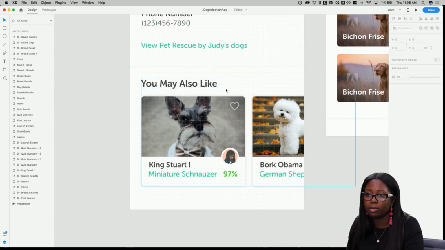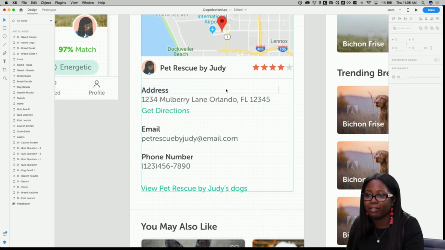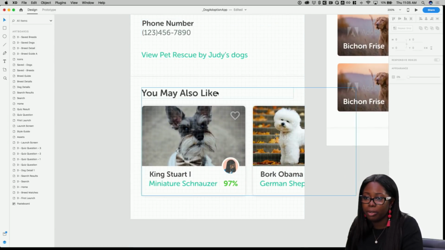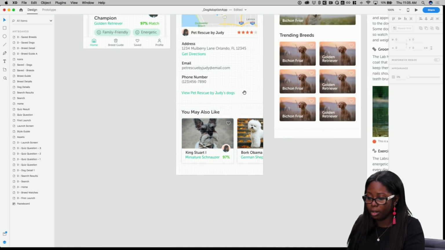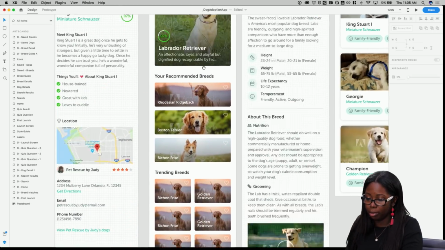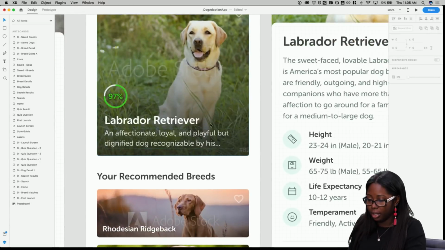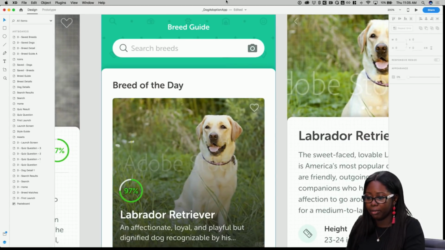Nice. I like that you added the starred reviews there. Yeah, I thought that was a kind of nice touch. And then also we have down below some more recommended dogs that are similar to this one. Then a couple more pages here. We have our breed guide. So this is a fun page where you can go every day and learn about the breed